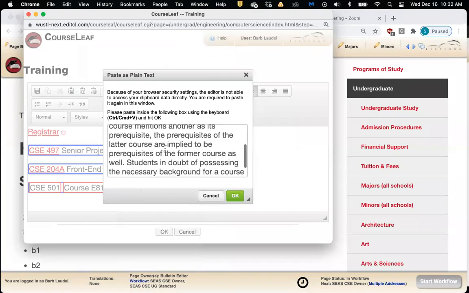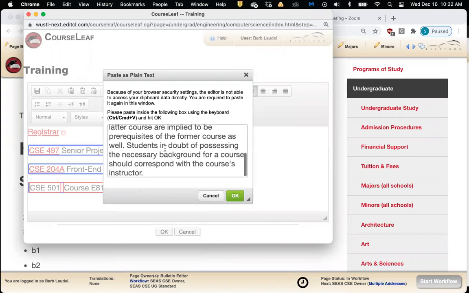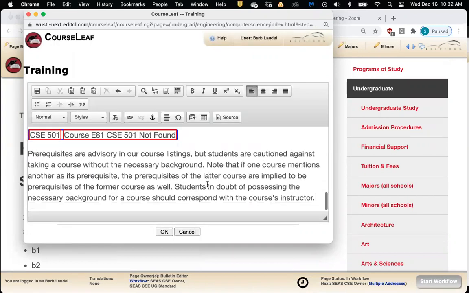Then it will enter that text in and I'll click OK. And now I have my paragraph in exactly as it should be. So this, I would say, is probably the best way to do it, so that you're not having to reformat anything or have anything display that really might be a little bit off.